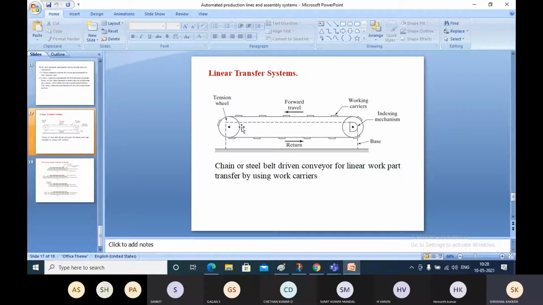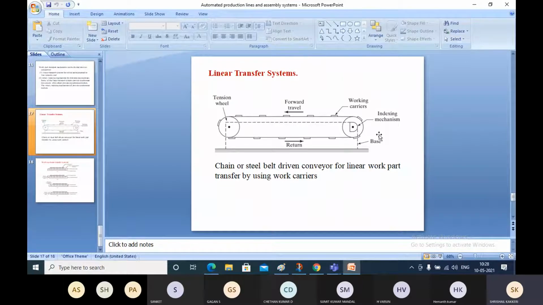Okay, and here there will be a tension wheel. Tension wheels will be used for the conveyors, because when conveyors are used for many days, they lose their tension. You already know about the slacking and sagging, the tight and loose. Due to this, the belt will lose its tension, and the indexing mechanism will simply be rotating, but the conveyor will not move because of lesser tension. So to create tension, tension wheels are provided. The tension wheels will be tightening and loosening the belts.